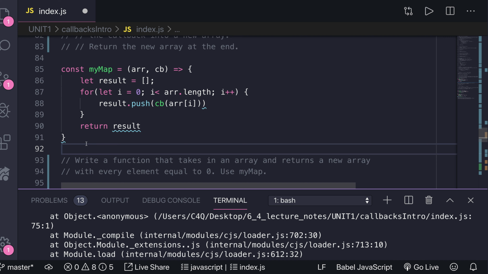So let's say you have an array of 8 times down. You want to get back an array that's